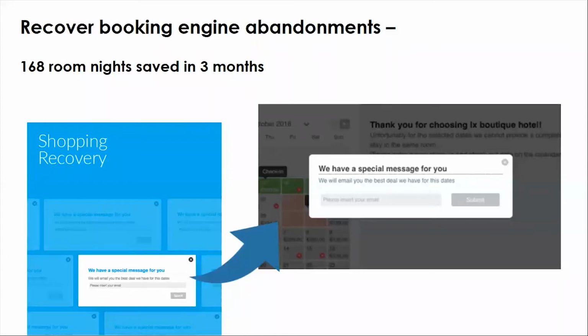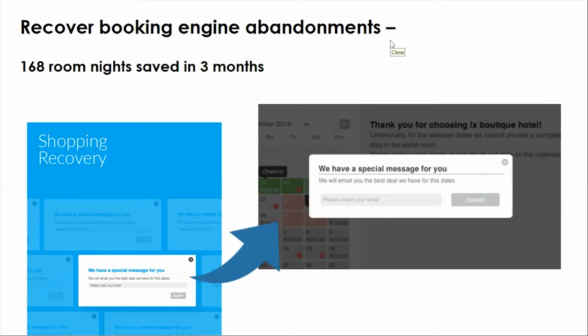So what we are trying to do is grab people and say, hey, stay in our booking funnel, don't go away. We've created some intelligence behind this mechanism. So when you are trying to leave your booking engine, we can say, hey, don't leave, we have a special offer for you. You just place your email and you'll get an email telling you we have a special offer for you. Do you understand?